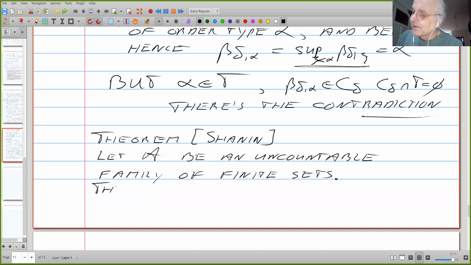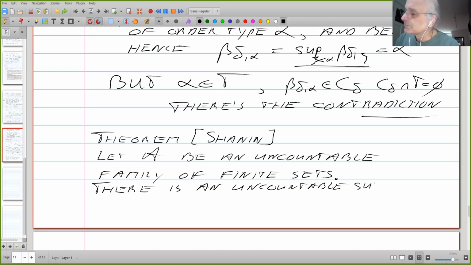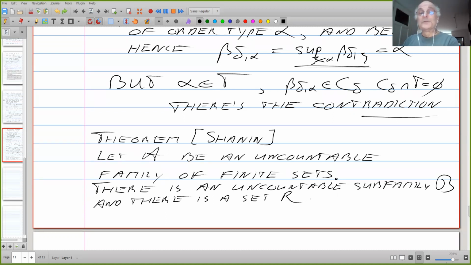Well, there is an uncountable subfamily, let's call it B, and there is a finite set R, and why it is finite will become clear in a moment, such that